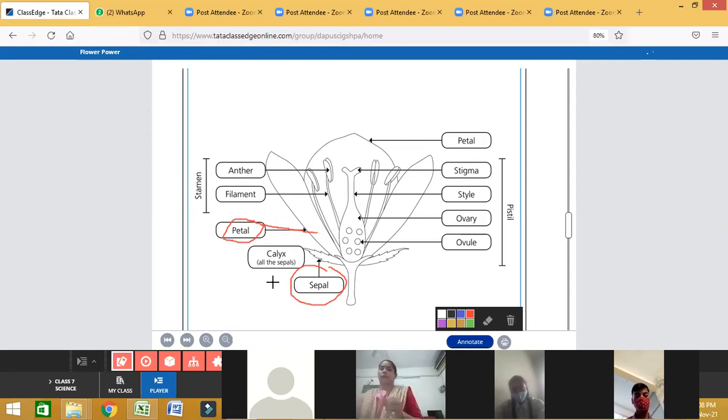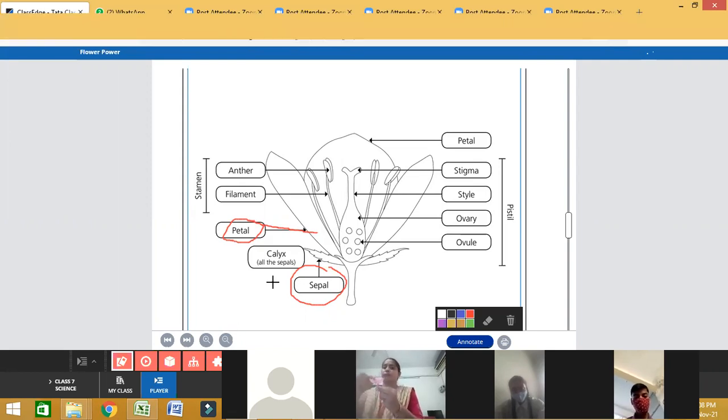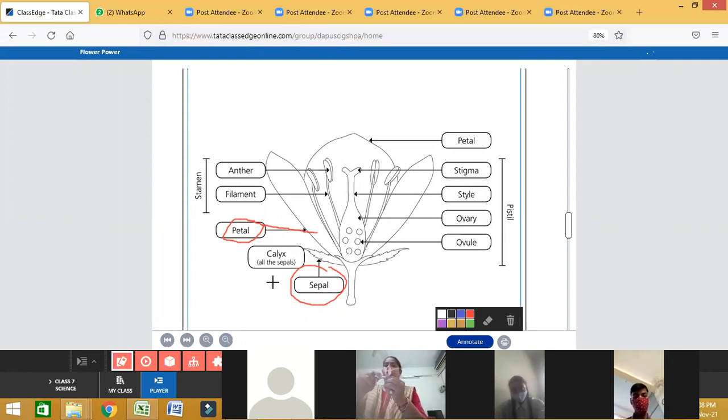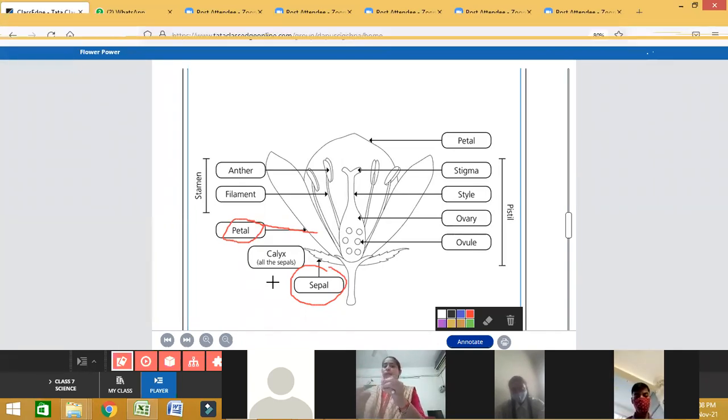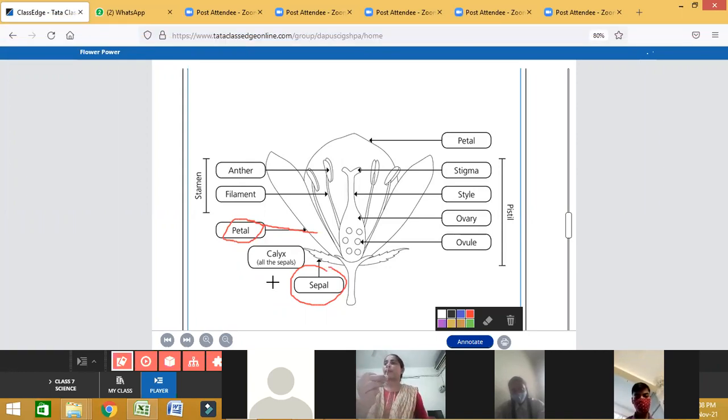Now see this. You remove this petal. Now remove this petal first. I'm going to remove all the petals. I have removed this. Now this is left only. So here you will see this filament-like structure, and in this, anther and filaments are there. See this. In this diagram, you can see this is the anther.